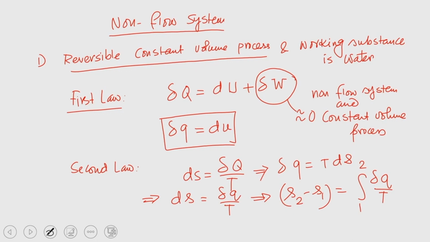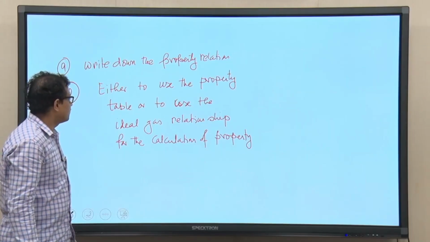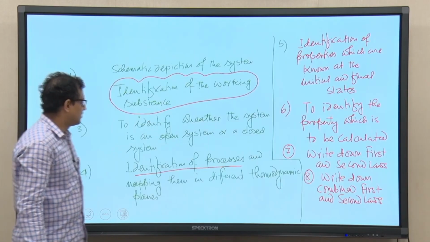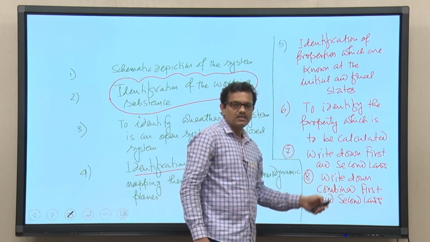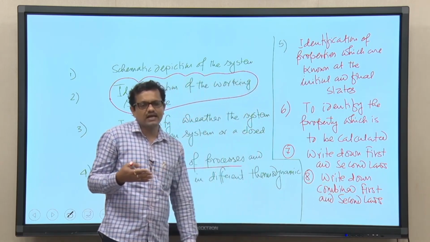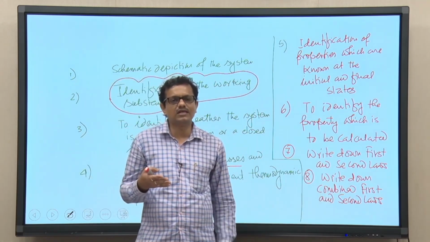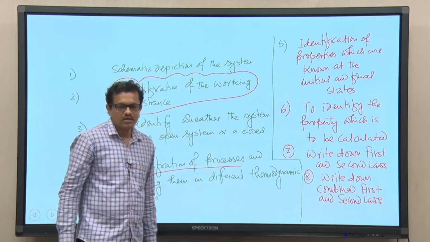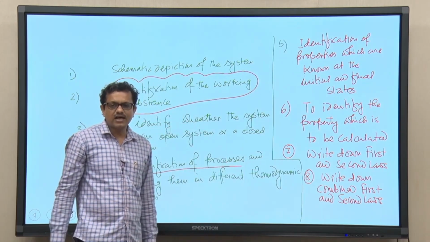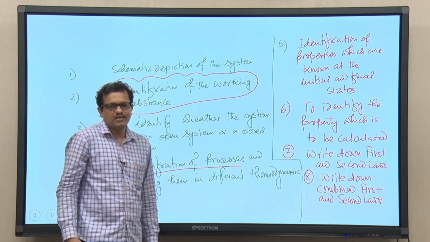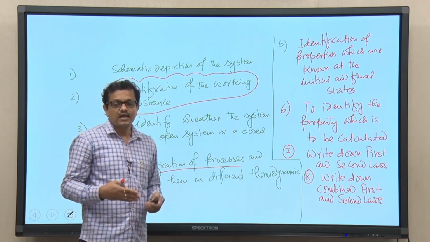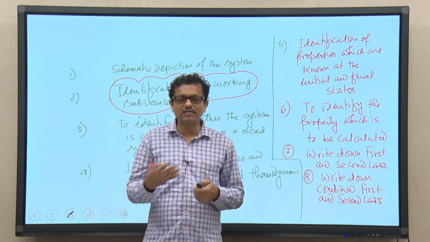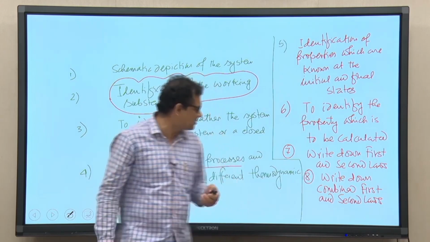Now this is the second law, and if we go to step 7, we have written combine first and second law. For a reversible process, the combined first and second law does not give you any special equation. The next equation I will write, the property relation, is not an additional equation for reversible processes. It may be an extra equation for irreversible processes, which we will discuss in the next class.